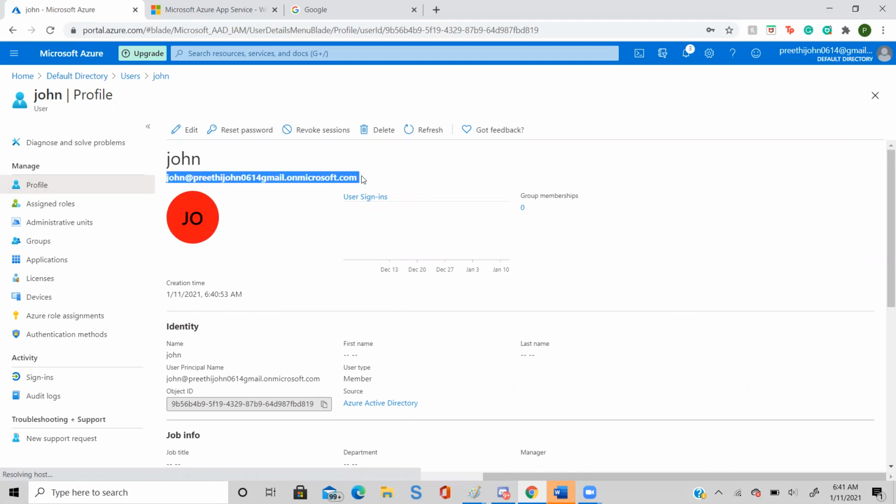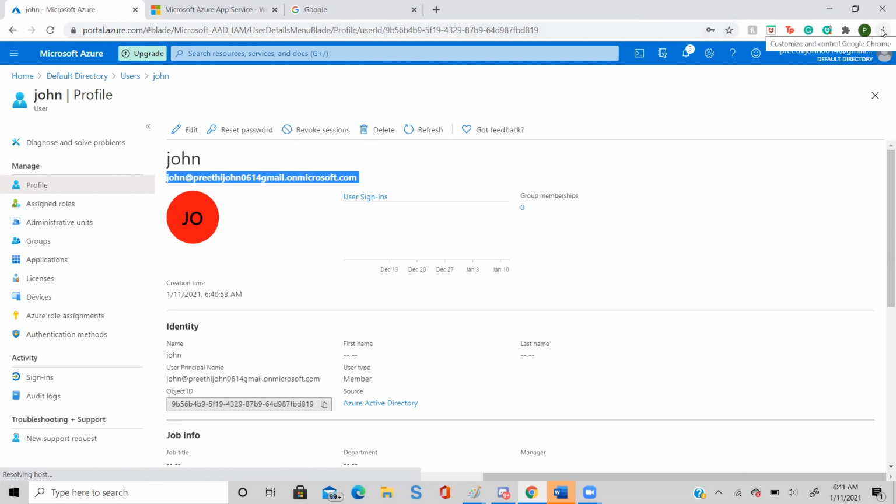Just open a new incognito or private browser. Click the three dots in your browser, last on the right hand side. Yes, this one.